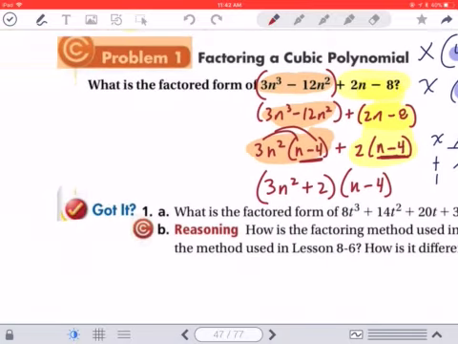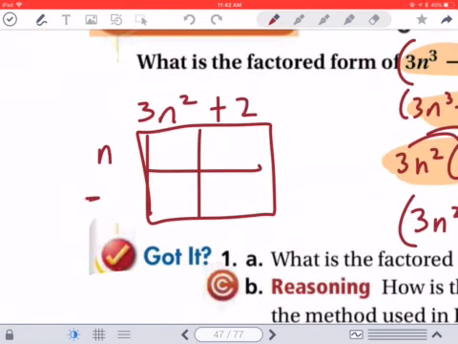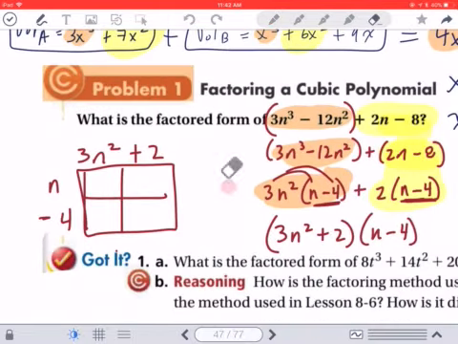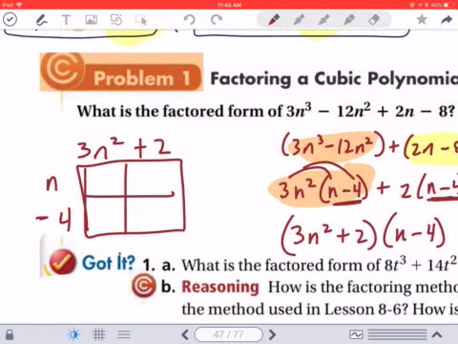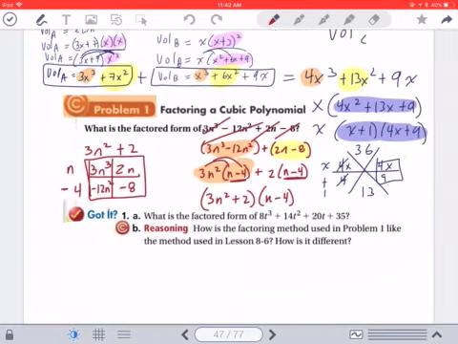And let's just quickly prove it here. Let's prove that 3n squared plus 2 times n minus 4 gets me back to my original problem. So 3n squared times n, my original problem's right here, is going to be 3n cubed, which it is. And then I get minus 8. That works out right here. Here I get 2n. That's right there. And right here I get negative 12n squared, which is right there. So I know that these are the correct way to factor it. Okay,